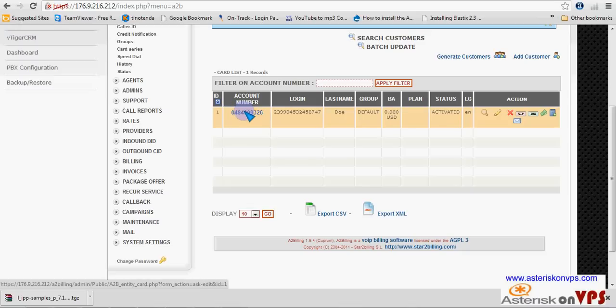I'll show you how to link the two. We know Jane Doe has an extension number, I think it's 4,000 if I'm not mistaken, in FreePBX. But here the account number is this one. Okay, let's give Jane Doe some amount. Let's say she manually bought or whatever, and you want to manually add some money into that account. Okay, so you go to this green item, you click it,